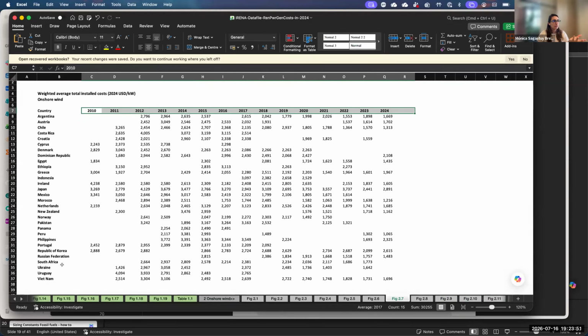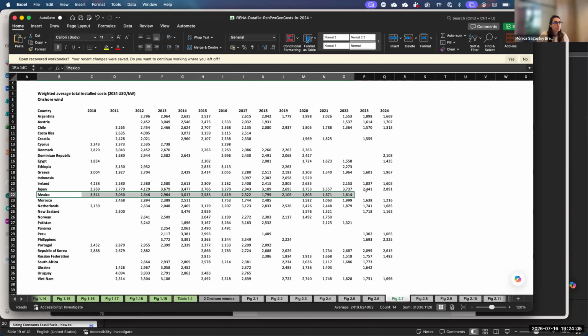So this is a good place to start, but obviously it doesn't have every single country in the world. And it has some data gaps historically, but you can find the most reasonable data if you're looking, for example, at Mexico. Here we have it. So the most recent one would be this value for 2022. So that's where you would go and record this, convert it to the relevant units, etc., for the data collection